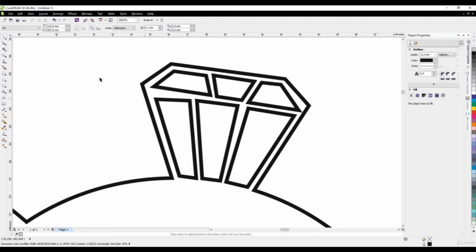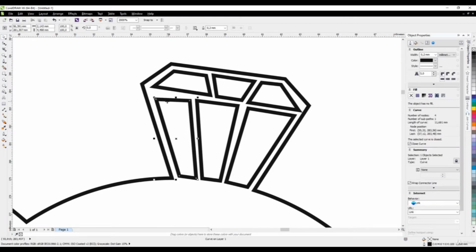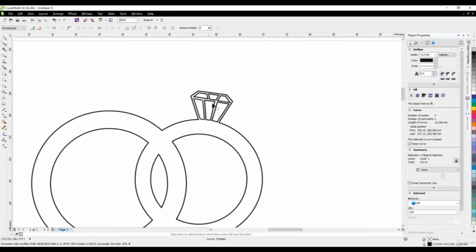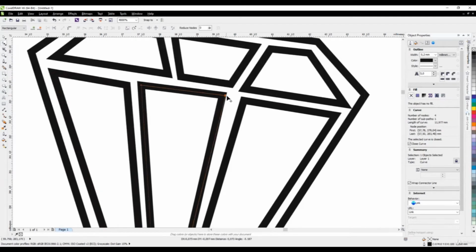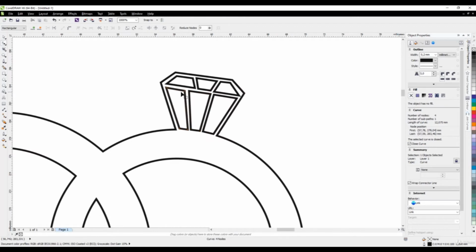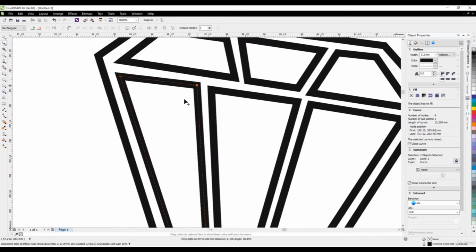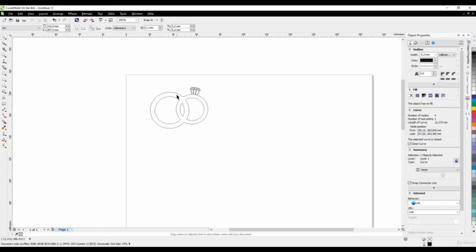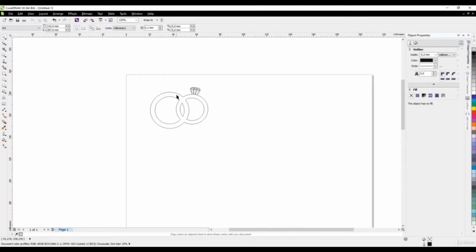There's a problem here. Let's edit this, hit the object and select the shape tool and this node here. Yeah, it's cool. And this node here, this node here, maybe this node here. Yeah, it's cool. Our base is ready, and let's make a